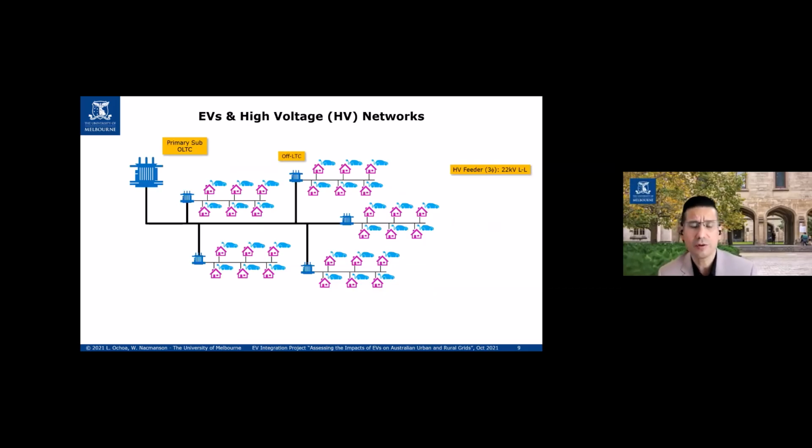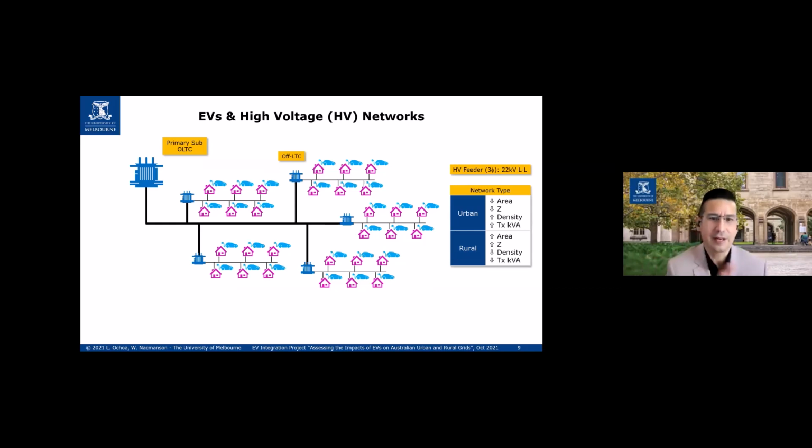Now, it is not only related to the low voltage parts of the grids, it's also related to the corresponding high voltage, as it is called, the medium voltage here in Australia. We call it high voltage, 11 kV, 22 kV, for instance, all right? And the challenge here is not just that there are going to be aggregated issues because of all the demand that the high voltage parts are going to see. It's also the fact that we have different types of networks, right? So some houses are connected to what we can call, generally speaking, a rural network or an urban network.